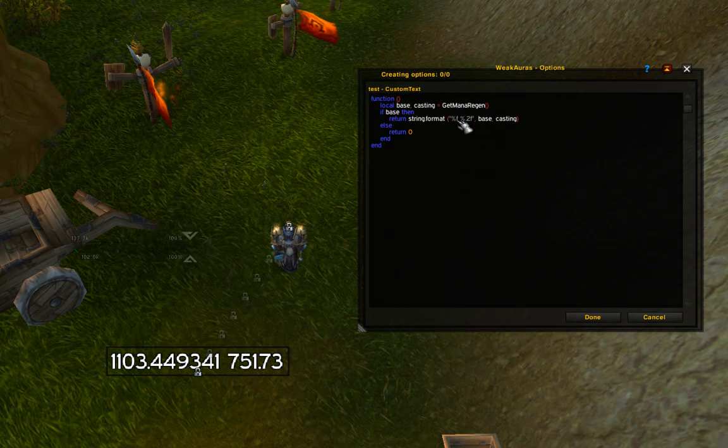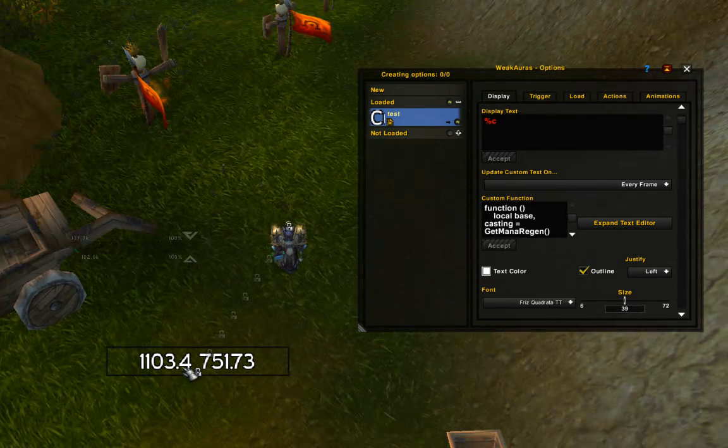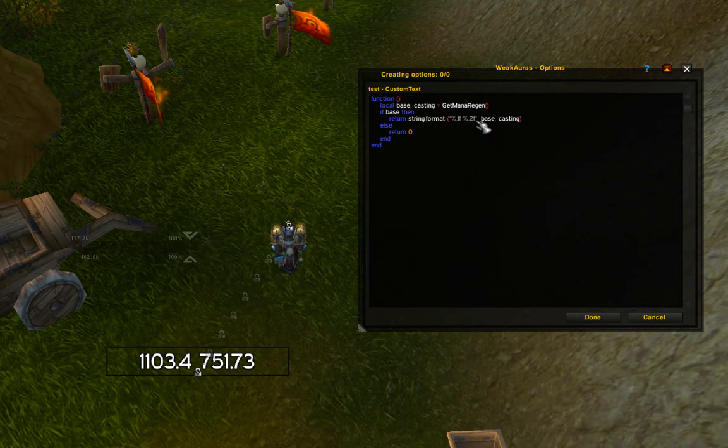Let's say the first one we put as 0.1, and it's going to show only one digit after the comma, and the second one, as we defined here, 0.2f, is going to show us two digits behind the comma. It's really entirely up to you how you want to use it. If you don't want to see the comma,